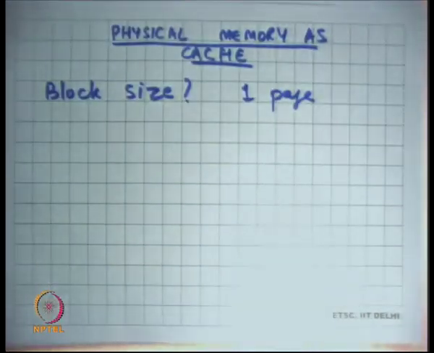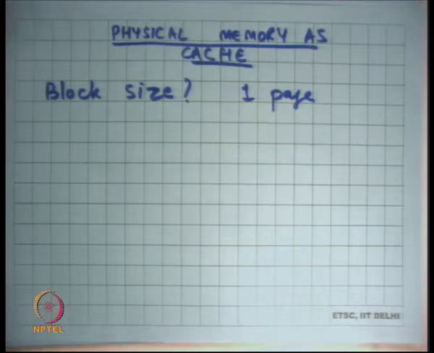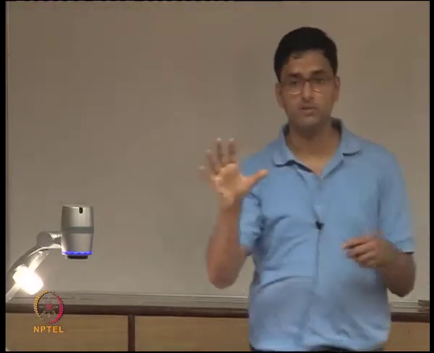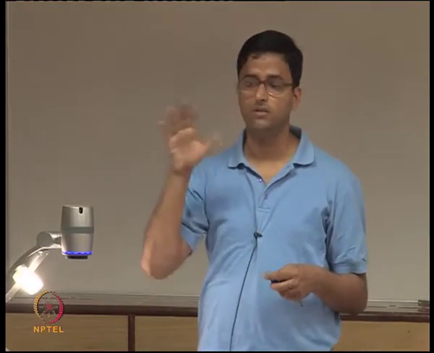How does one choose the right block size? Well, if the block size is really big, then you may be getting too much extraneous data. So let's say in this figure you are accessing address X, and your block size was, let's say, 4 megabytes. Then you have to bring in X to X plus 4 megabytes into the memory, and it's quite possible that all that data is very cold. It's just that some data around X was hot, and everything around it was cold. So you are basically polluting your cache with cold data. So if you choose a very large block size, you have that problem.